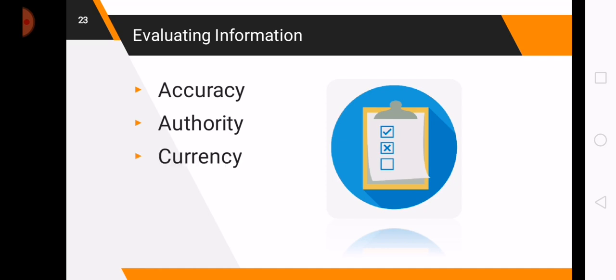Next is the currency. So, is it up to date or current? The information must be also updated or current. And then the objectivity. So, the author, klaro ba ang stand sa author kung unsa ang iyahang bias dito? So, klaro ba ang iyahang purpose? So, let's look also for the objectivity. And then the relevance. Is it important? The information ba is necessary? So, that is how we evaluate the information.